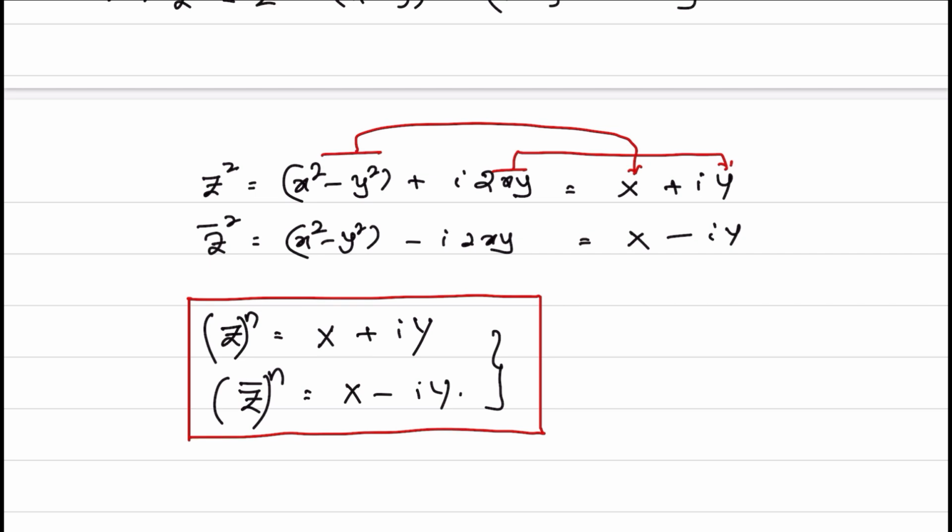Here capital X. Okay. Z to the power of n, z square is x plus iy. Z bar to the power of n is equal to x minus iy. In this form I have written. These both are complex numbers for non-trivial conditions. Now,